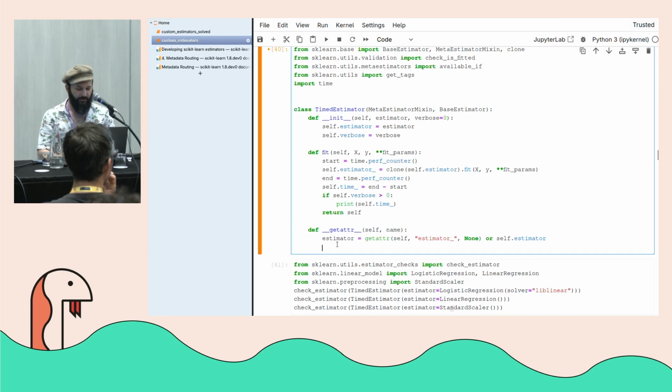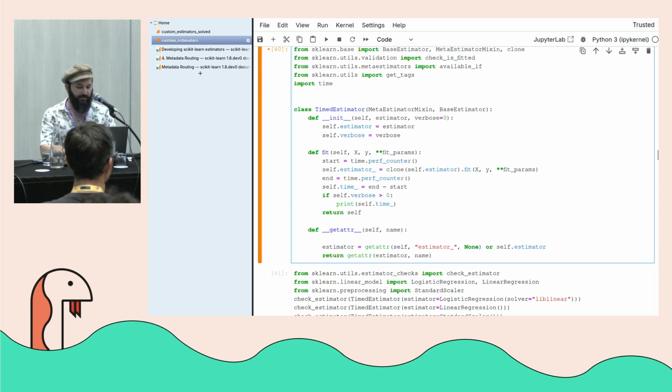Okay. And then here I return getattr of estimator, name. And this getattr, if name doesn't exist in the estimator, will raise an attribute error, which is what I want. Otherwise, I delegate it to my sub-estimator. Except here, it will go into a recursion if I don't add this. If name in time or estimator